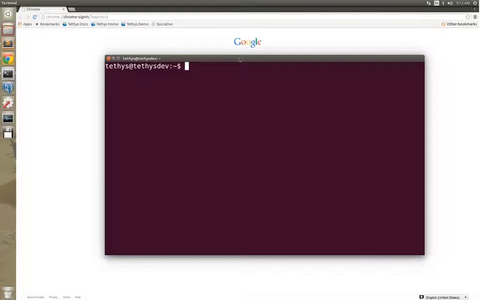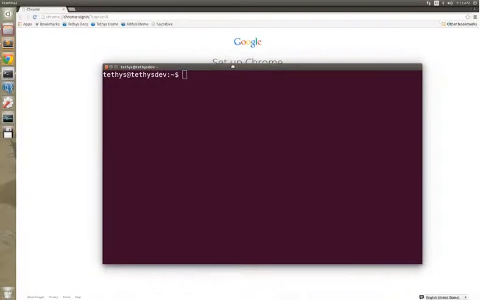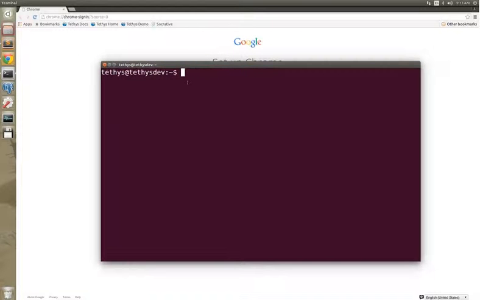What you're seeing here is my Ubuntu development virtual machine. I have a terminal pulled open. I've also got Chrome and Sublime waiting for our use today. As always with Tethys, the first thing you've got to do is activate the virtual environment. Okay, and you can do that using this path with the dot,